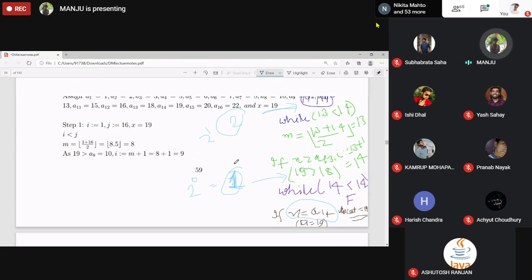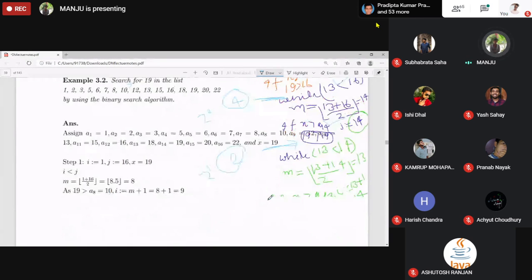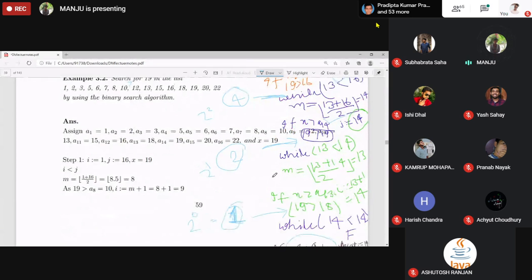So how many comparisons are done when there are 2 raised to power 4 elements? 2 at this step, 2 at this step, 2 at this step, 2 at this step. How many? 2 into 4. If 2 raised to power k elements are present, then 2 into k up to this step, right?